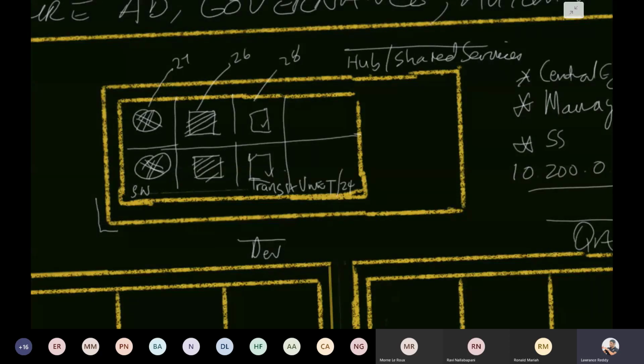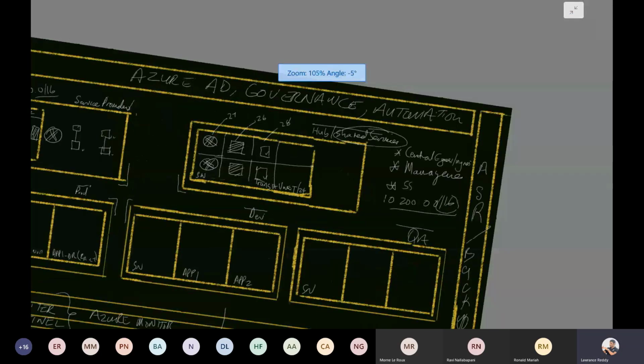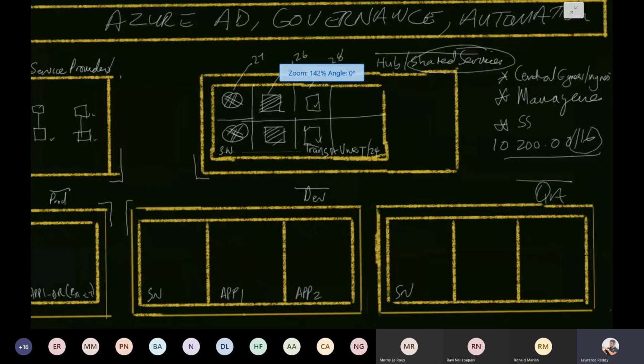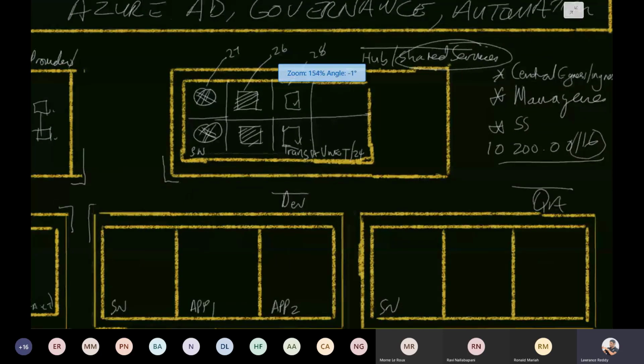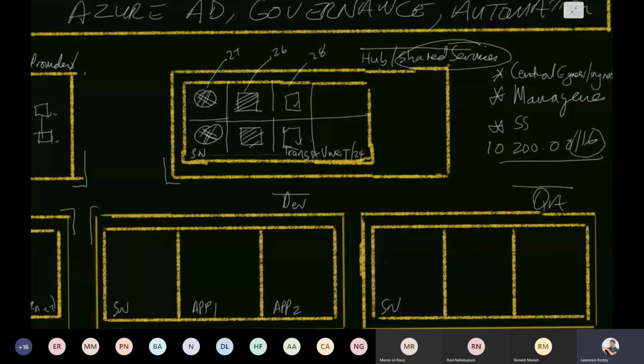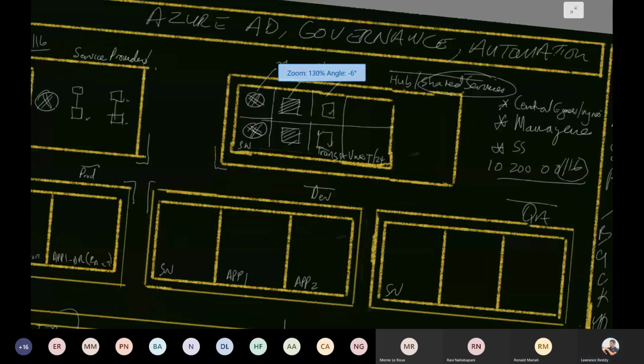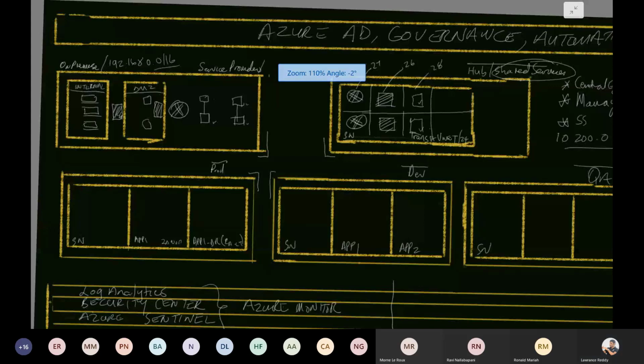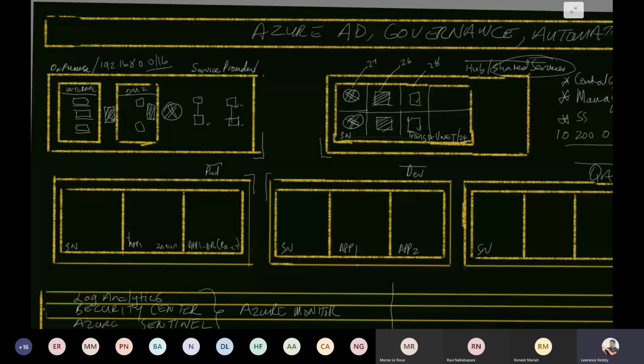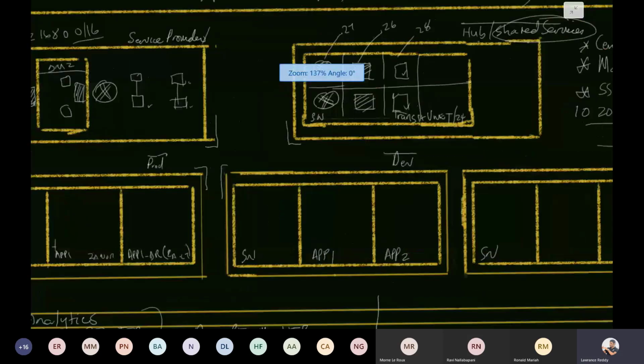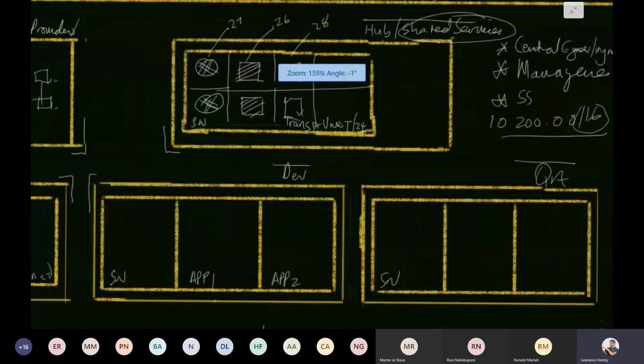And remember I mentioned shared services, right? So in the shared services subscription, you want to put your identity, right? So identity is obviously your Active Directory, because when you deploy workloads to, let's just say, app 1 here, and app 1 needs to be domain joined, that resource needs to have access to the Active Directory environment